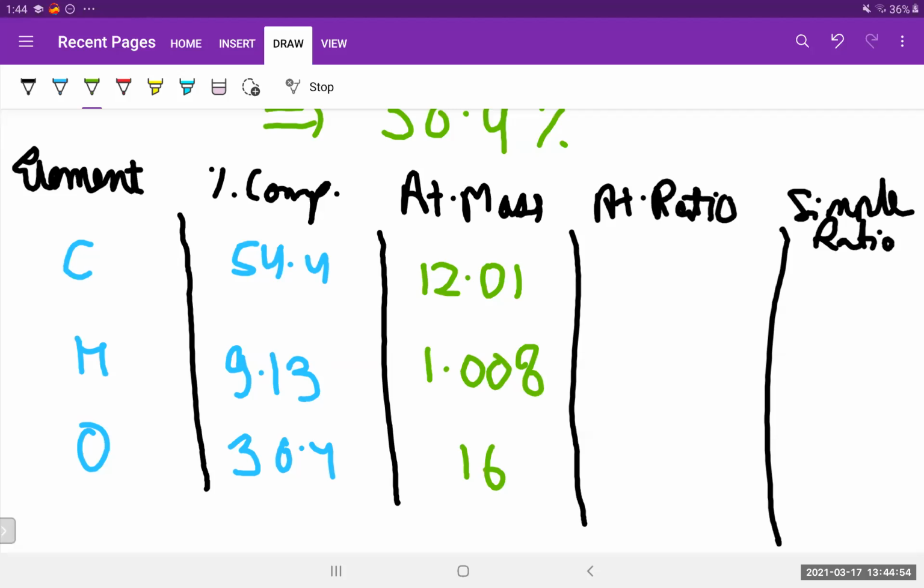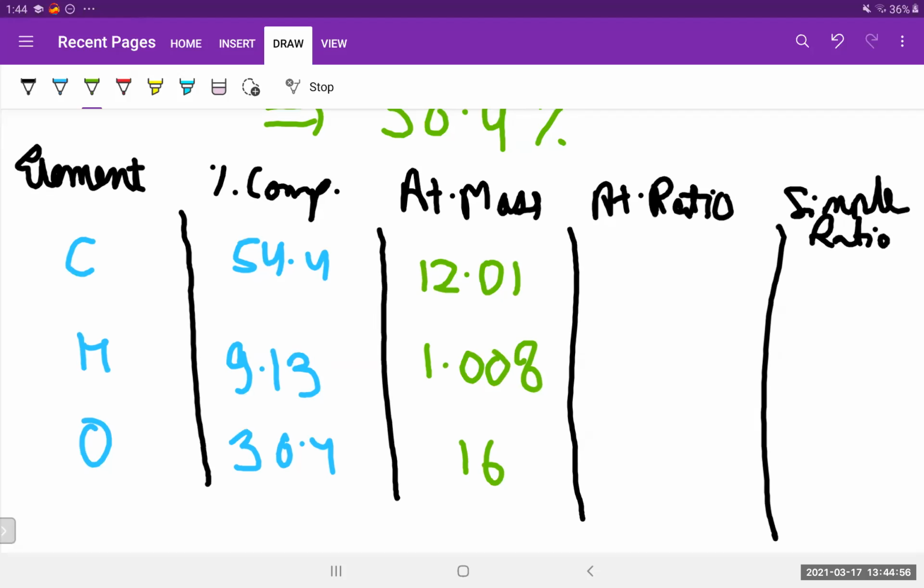Now next we come to atomic ratio. What is this atomic ratio? See, it is the ratio means